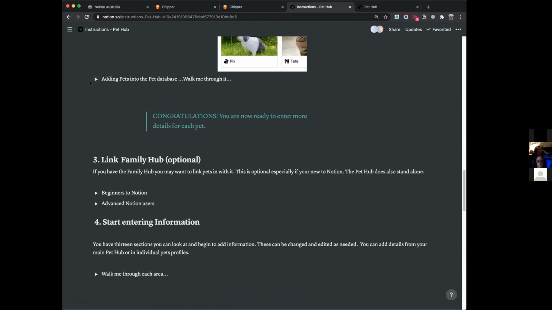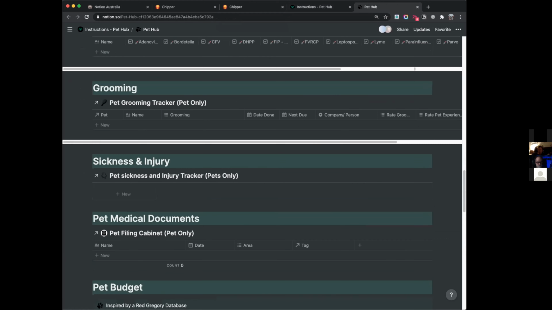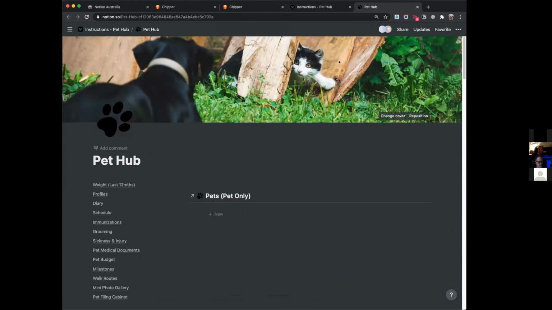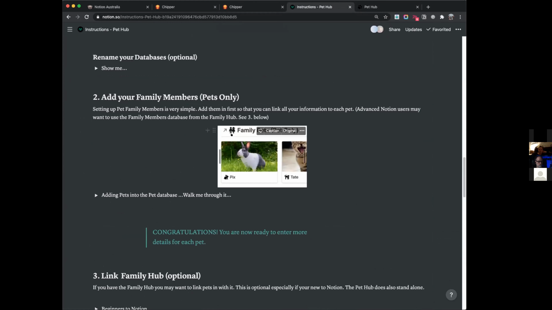Let me just load this fairly quickly. Jay basically walks you through how to copy this template. I think I'm logged in, but there's a template version of this, and then you can copy it as a template and use it for yourself. If you dig a little bit, I'm sure you can find the vaccination or immunization section. Can't pronounce that word, sorry. Just not going to try tonight.